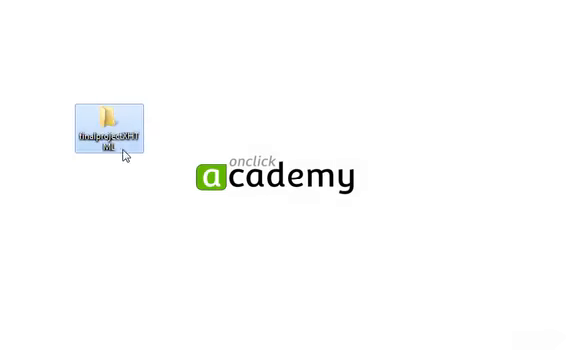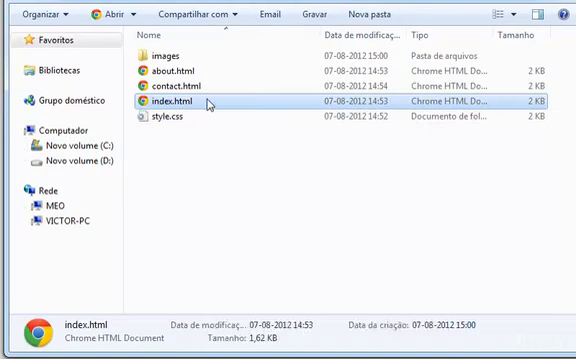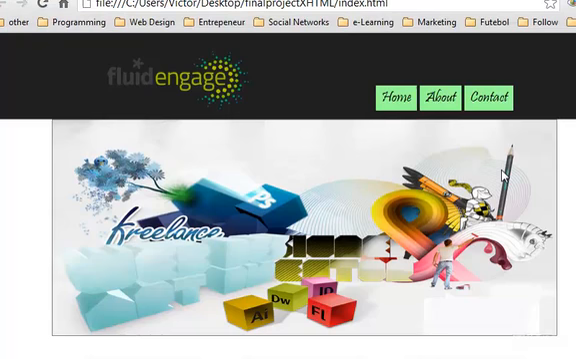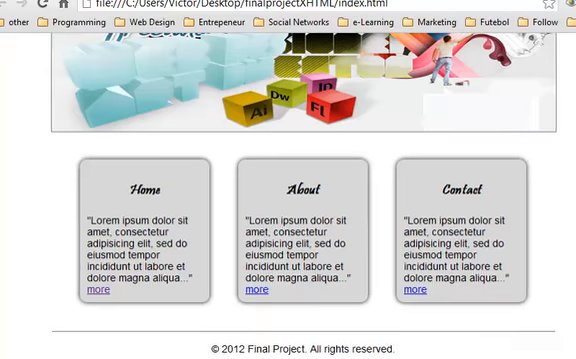This project is available for download at the end of the XHTML and CSS chapter. I have it here already downloaded, and if you open the index page with your browser, this is what you'll get. As you can see, you have a very simple, nothing fancy website here,